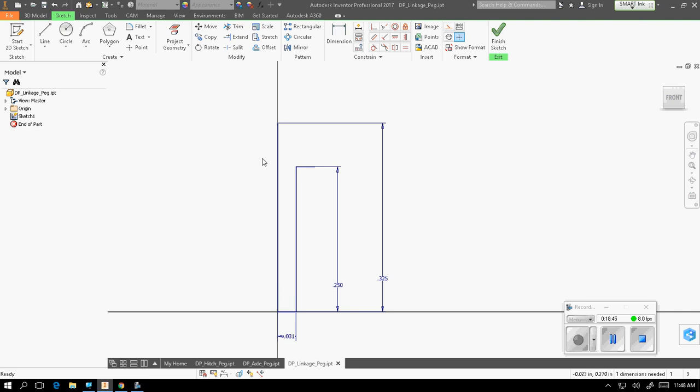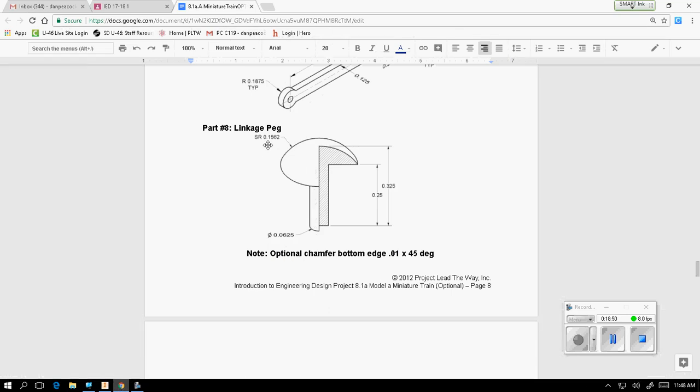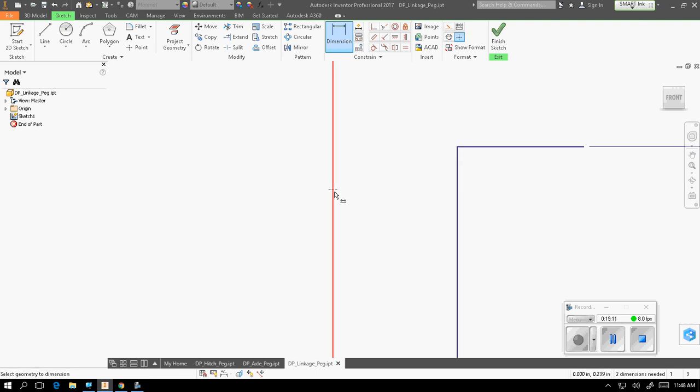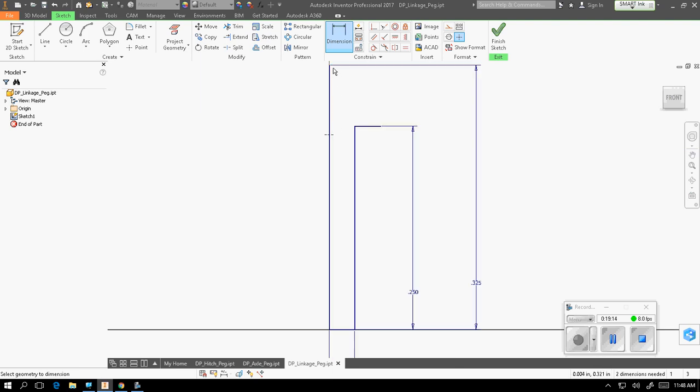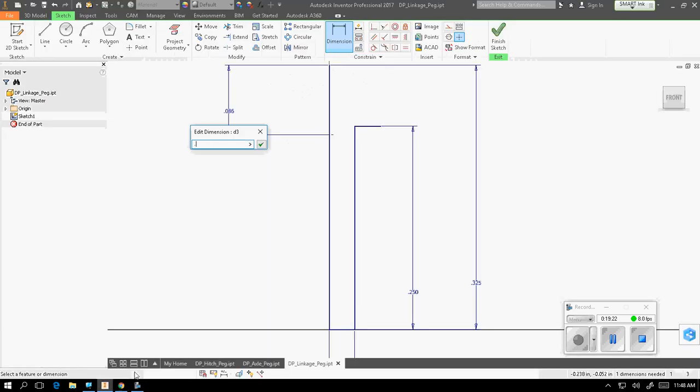Alright. Now what we want to do is, this is a little tricky. So we have a spherical radius of 0.1562. So I found that the easiest way to do this, I'm sure there are different ways, but if I put a point here, and then I dimension from the top, take the point, from the top to the point at 0.1562,